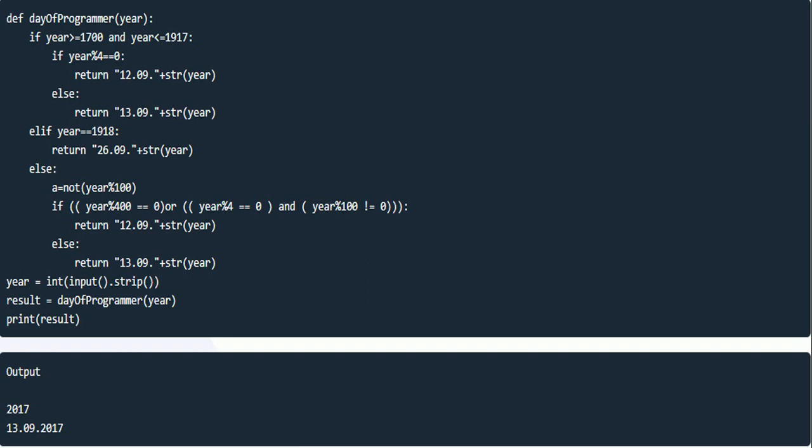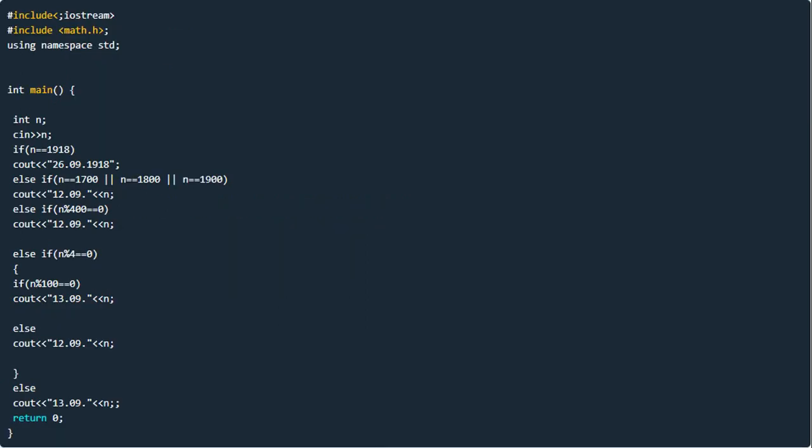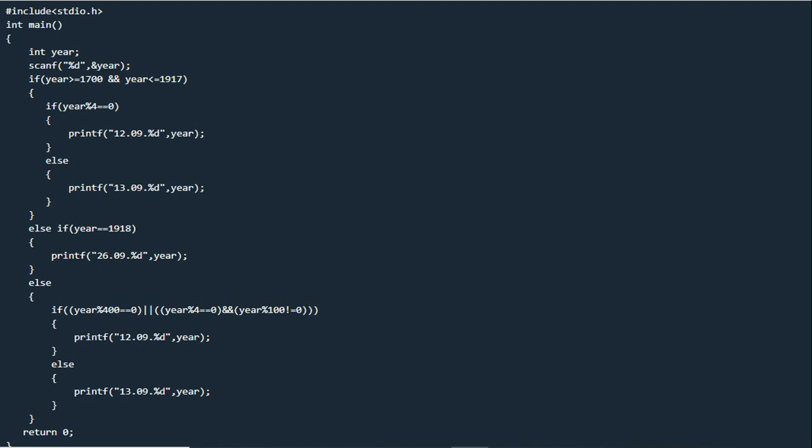So you can prefer the language of your own choice, and here's the solution of this program, and you can see and try to do it yourself. And now this is the solution of this program in C++ language, and in all the programs we have simply used if else conditional statements. And finally here we have the program in the language most of the candidates want, and this is in C language.